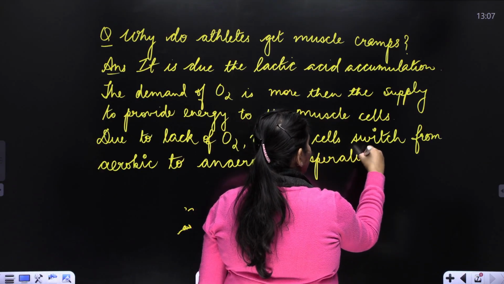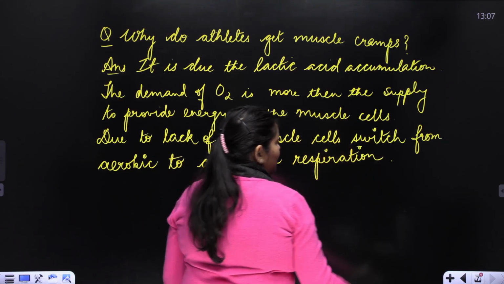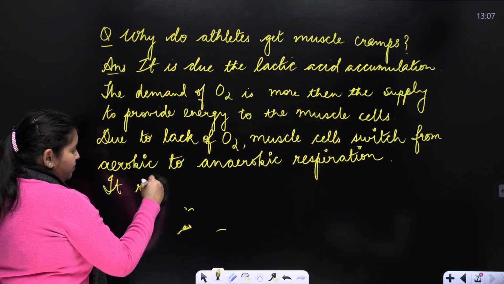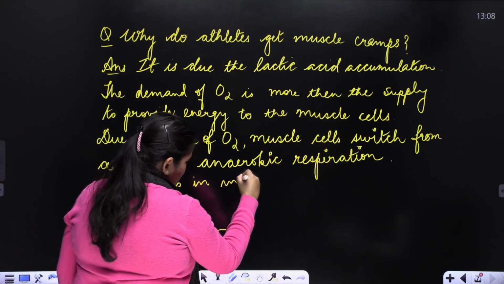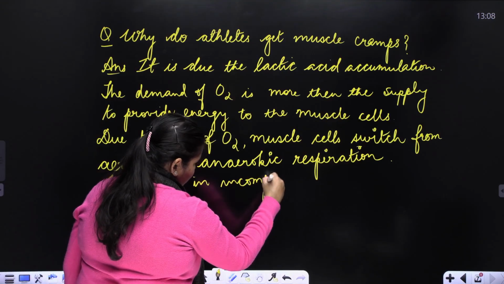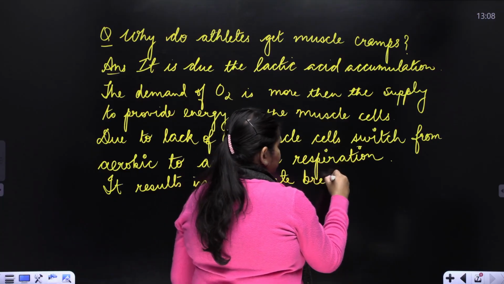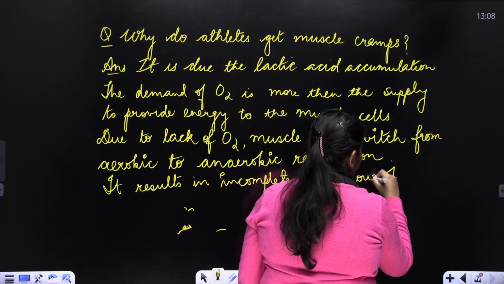They switch from aerobic to anaerobic respiration, resulting in, it results in incomplete breakdown of glucose